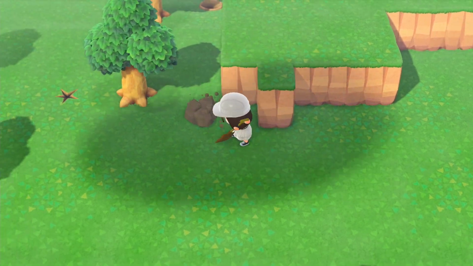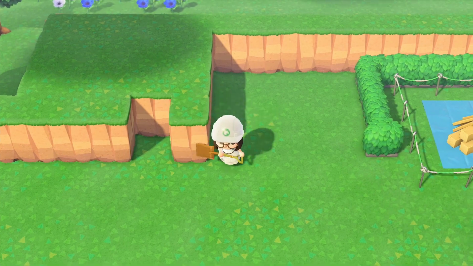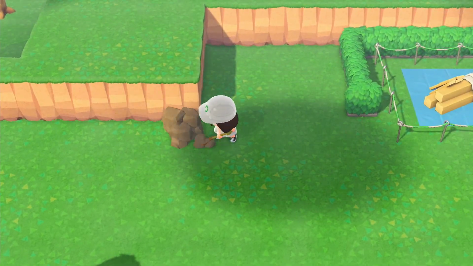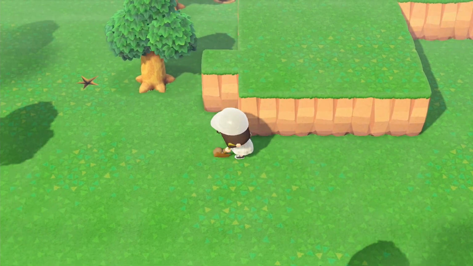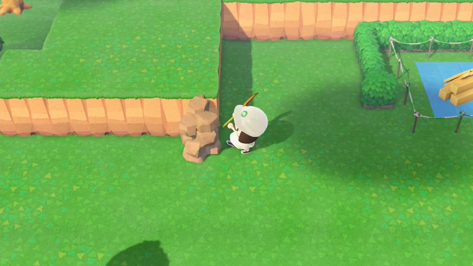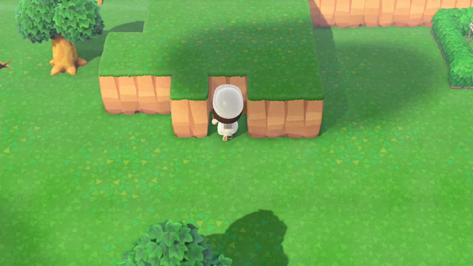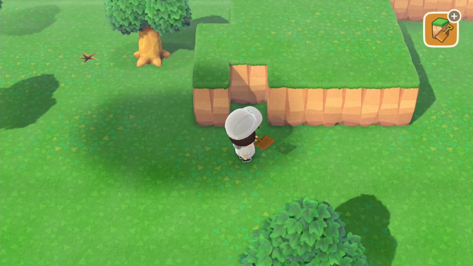Then I'm building a cliff because I want to access my museum with an incline on the side. So I'm building just the side of the cliff. The rest of the cliff, the part behind, I did not build, because this will be for another build. This one I'm going to focus really on the front part of the museum.